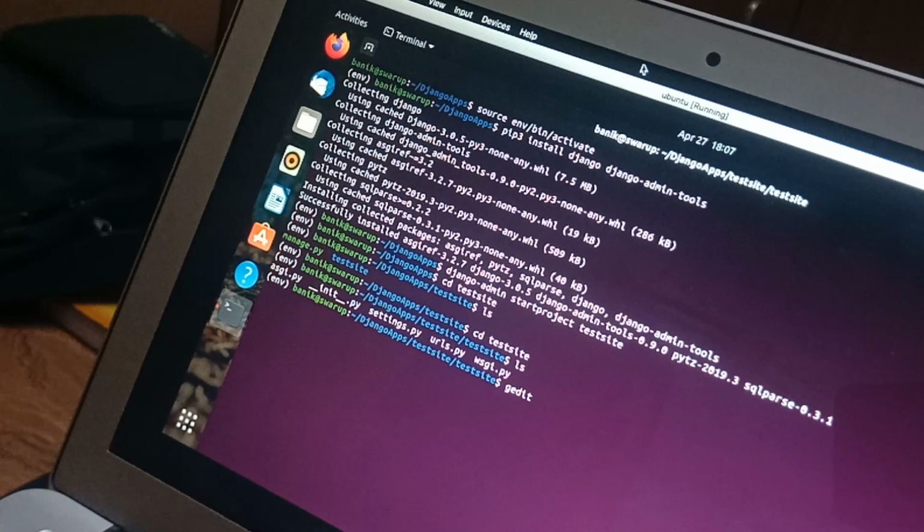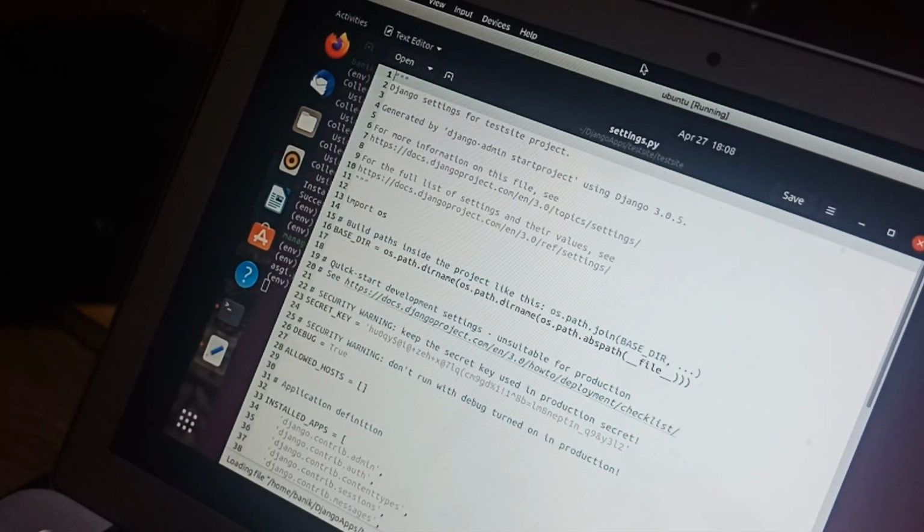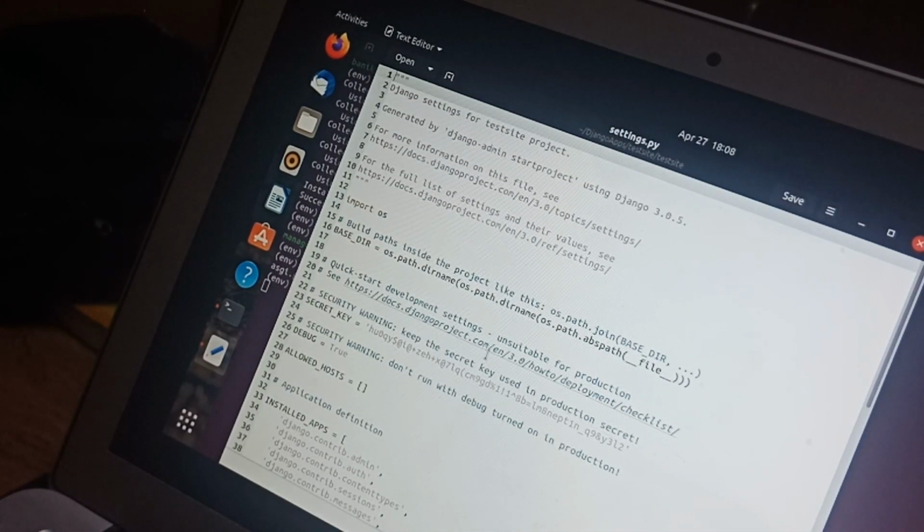gedit settings.py. And it opens. To find the time zone area.